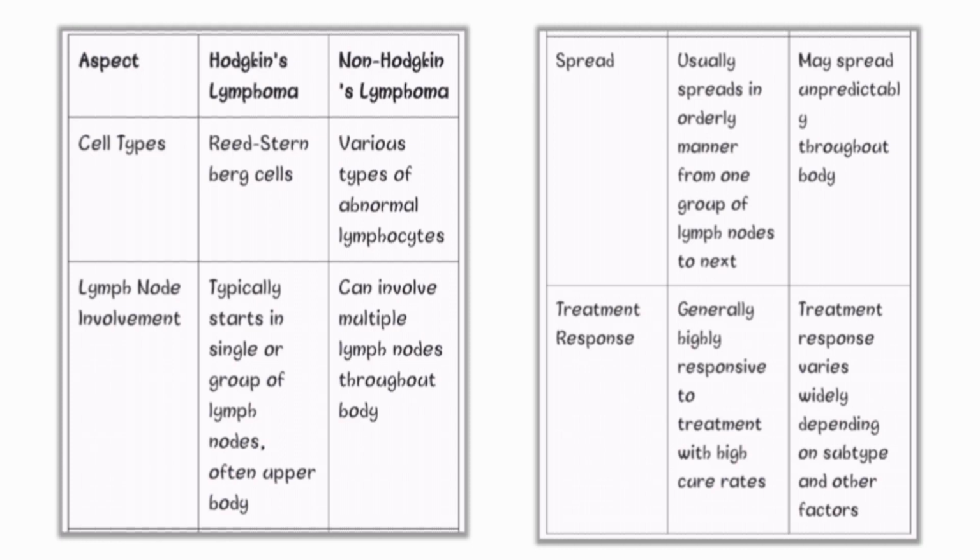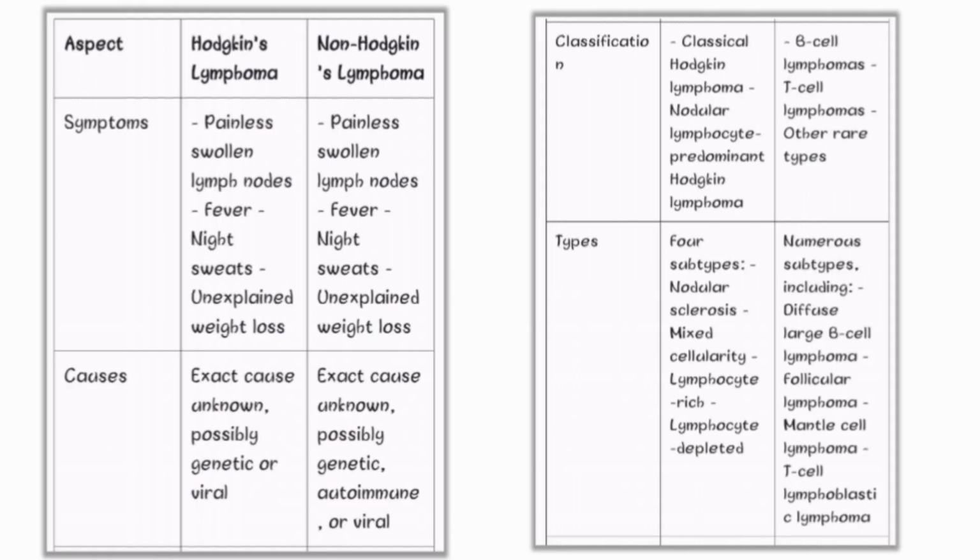Now, the treatment response. So, in the Hodgkin's, they generally are highly responsive to the treatment with high cure rates, while in non-Hodgkin's, the treatment response varies widely depending on subtype and other factors. Now, talking of symptoms, Hodgkin's and non-Hodgkin's almost share the same symptoms. They are painless swollen lymph nodes, fever, night sweats, and unexplained weight loss can be seen. Now the causes. So for Hodgkin's lymphoma, the exact cause is unknown and possibly it can be genetic or viral. While in case of non-Hodgkin's, the exact cause is unknown as well and possibly it can be genetic, autoimmune